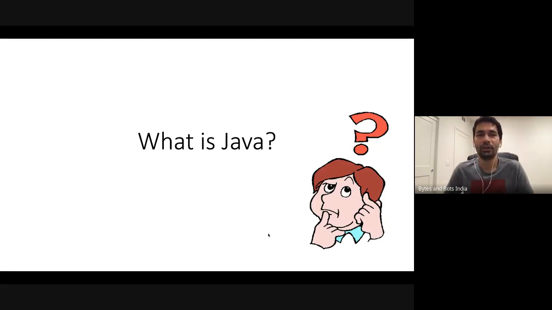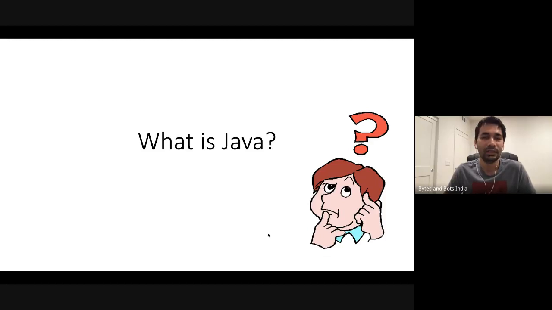So there was a need for some kind of programming construct that can run in a browser. The developers of JavaScript wanted to make something very simple for anyone to use. And as Java was gaining popularity, this is my belief, I could be wrong, the name JavaScript was just riding over the popularity of Java itself. So JavaScript is a scripting language. At the end of it, Java is a programming language. That's one of the major differences between the two.